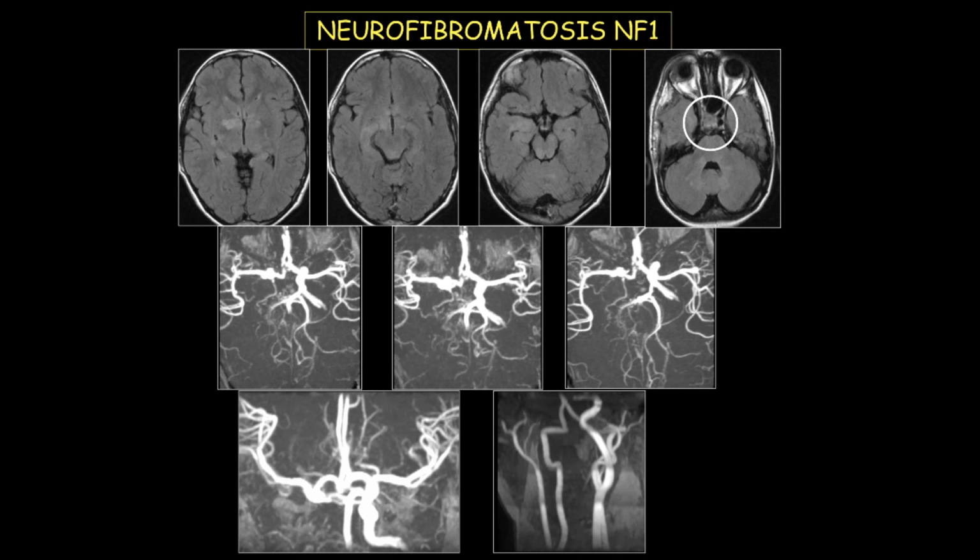Let's have a look at this other case. This was a person affected by neurofibromatosis type 1. When we think about neurofibromatosis, we don't directly think of a vasculopathy. We think about something totally different, but we have to focus on one idea, that all children with seizures, headache, and no reasons to explain them in neurofibromatosis, we always have to perform an MRI, because neurofibromatosis is related